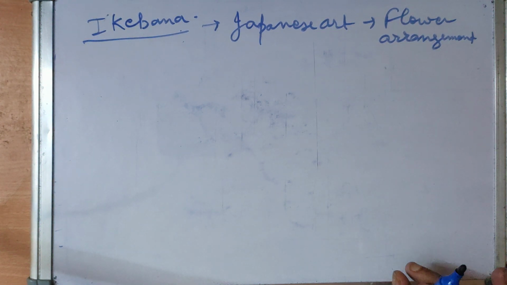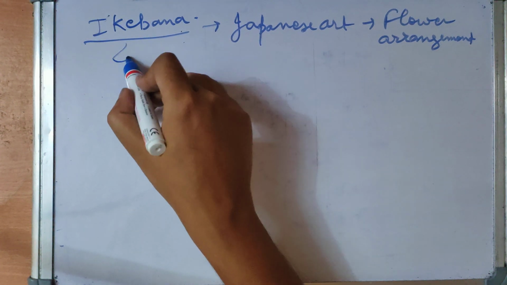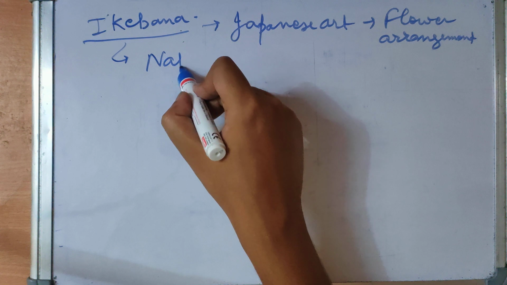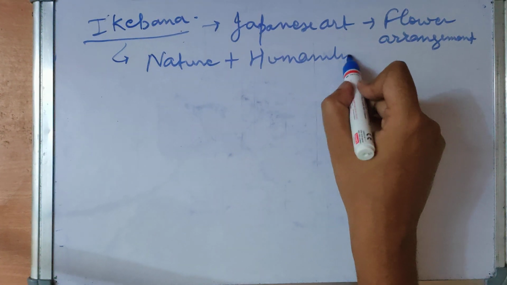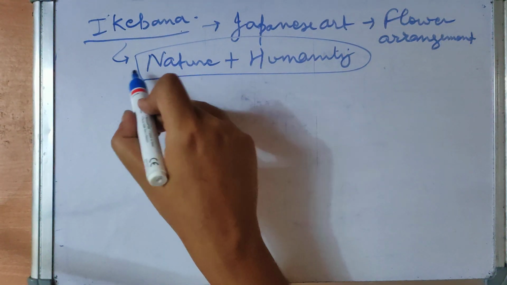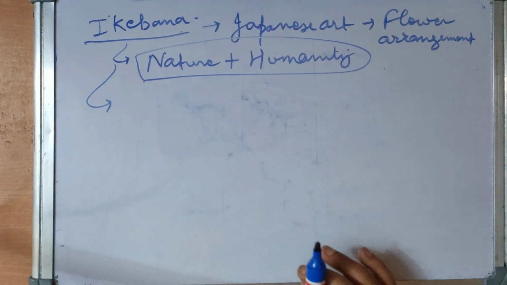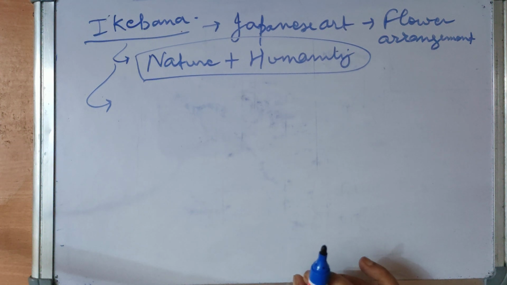It is a disciplined art form in which nature and humanity are brought together. It often emphasizes other areas of the plant, such as its stems and leaves,